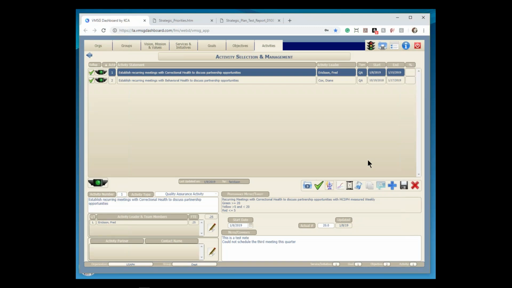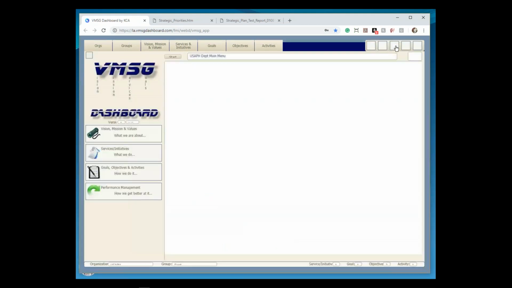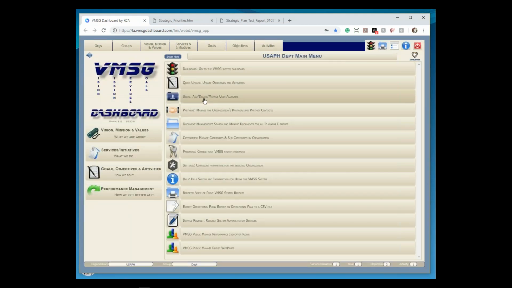All right, so I'm looking at my notes. I want to show you one thing, at least, before we go, if you've got more things we can go into. I just want to show you a little bit about user management. Can I show you that? Yeah, please. Okay. Again, from the main menu up here, you guys will have access to this,